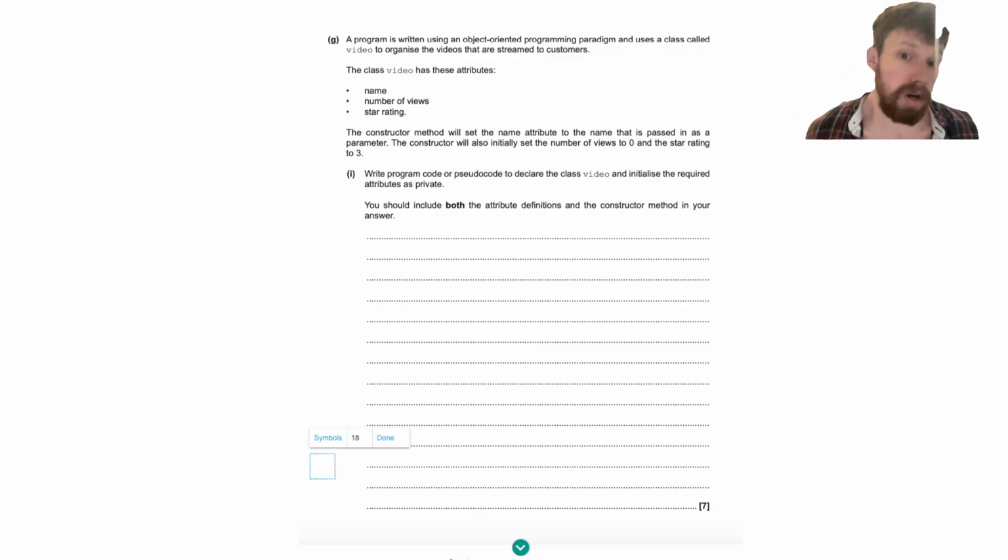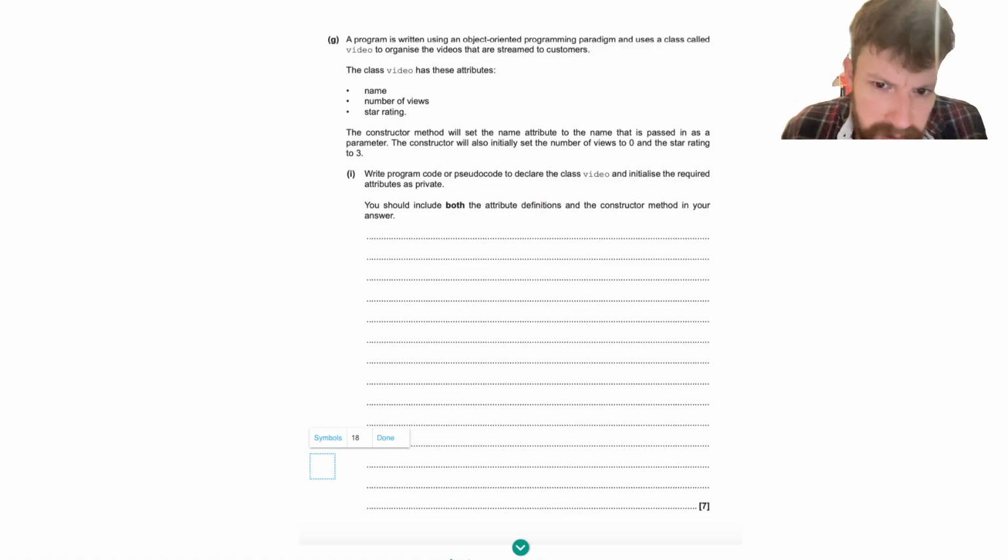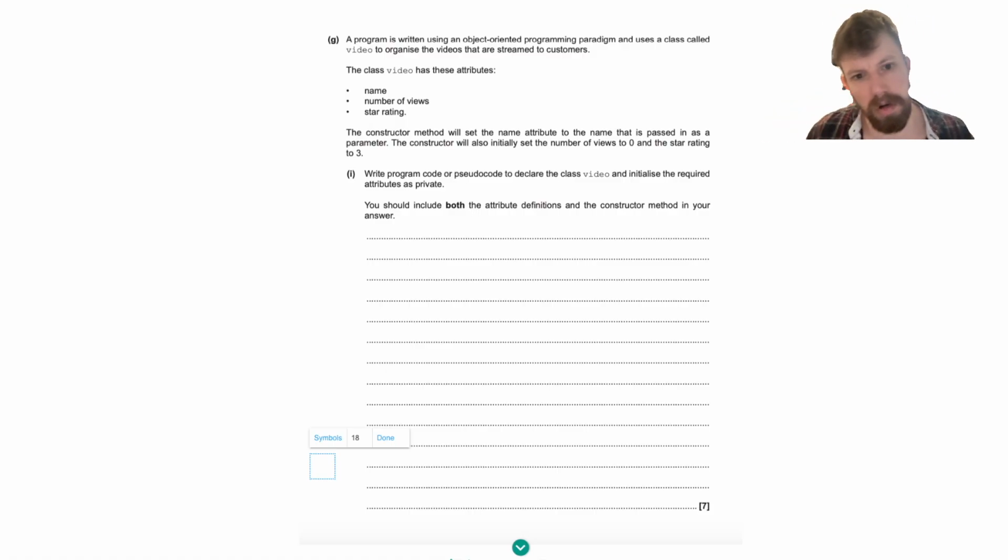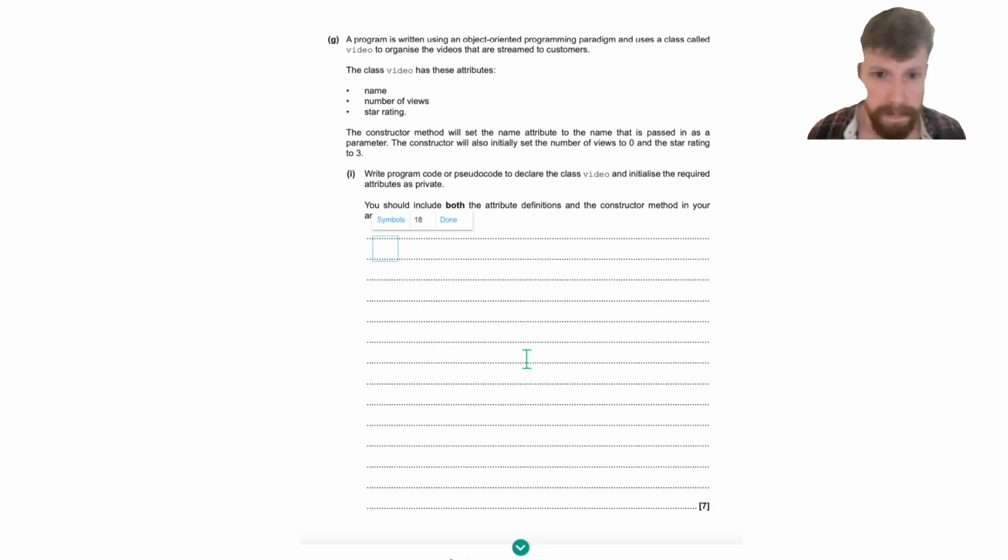Program code: write this in program code or pseudocode, so I'm probably going to do this in Python. Initialize the required attributes as private. You should include both attribute definitions and the constructor method in your answer. Okay, so attribute definitions and constructor. Okay, do I have to make the class? I'm going to do it anyway. Okay, so